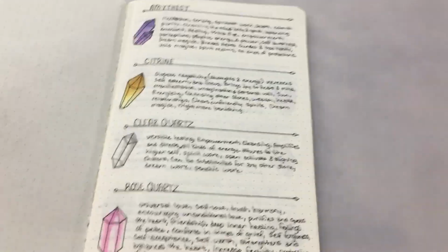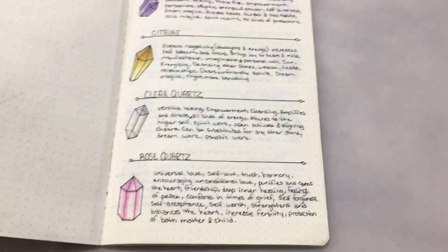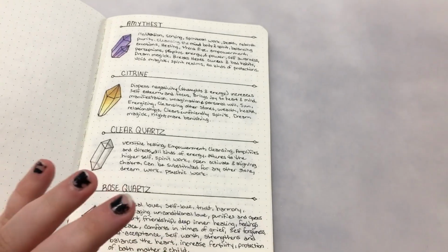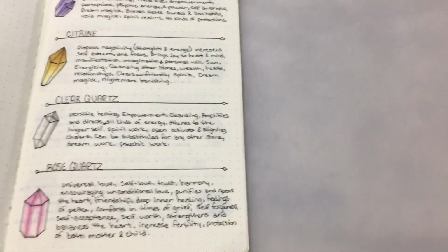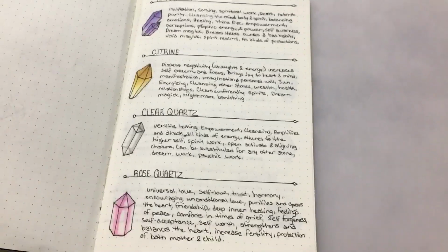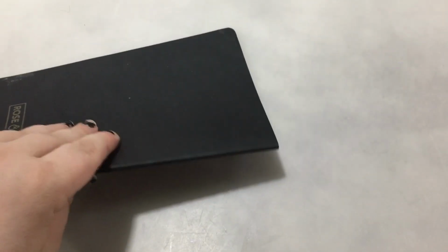So I decided that there really wasn't going to be a pattern here. It literally is just random. That way, when I add more to it, because there's still a lot more room to add, I'll be able to not disrupt any actual working pattern. But yeah, that's the Crystallium. It's my handy dandy little